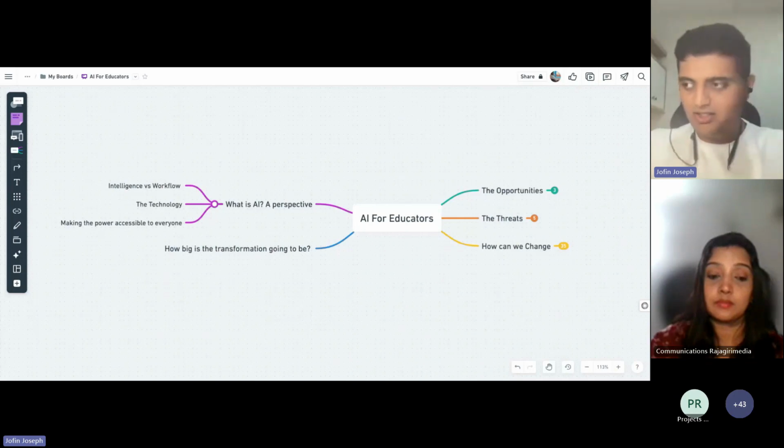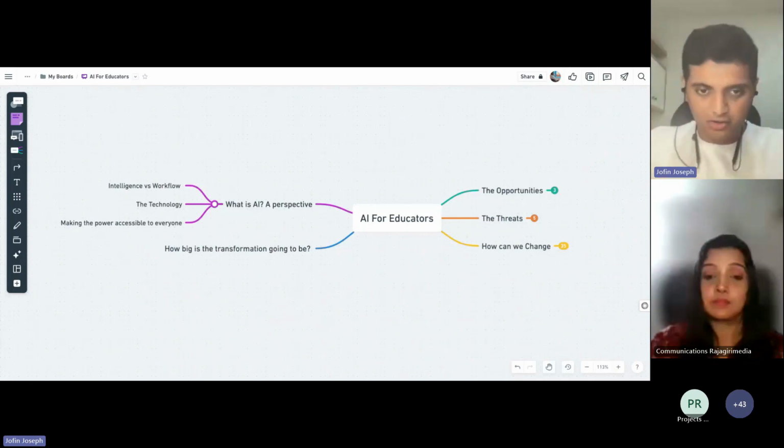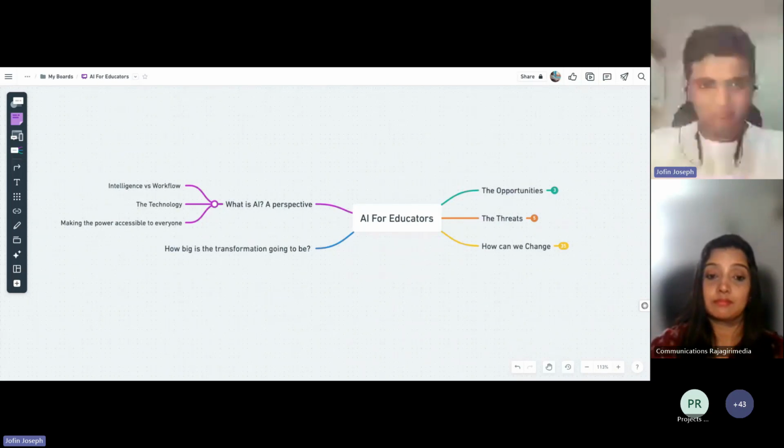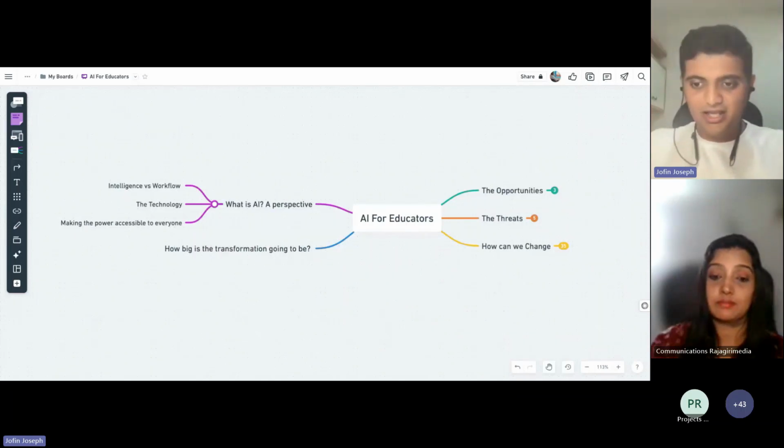All these things apart, the biggest advantage that AI is bringing to the table is that it is making software accessible to all of us. Previously, machines would only understand code, right? You have C++ or C or Python and different coding languages, and only people who understand code could interact with a machine.